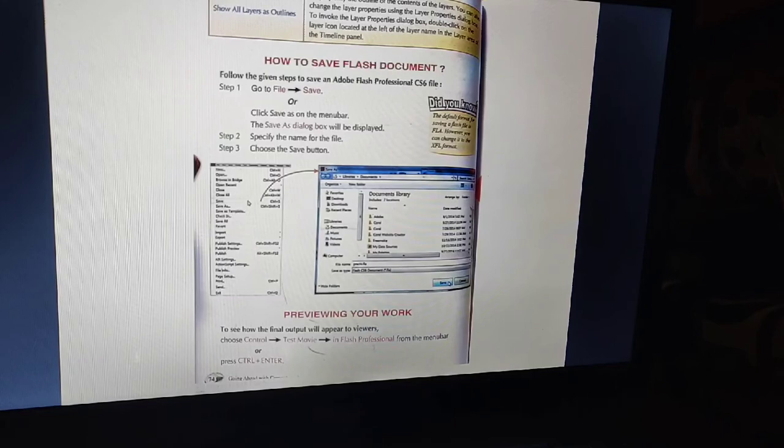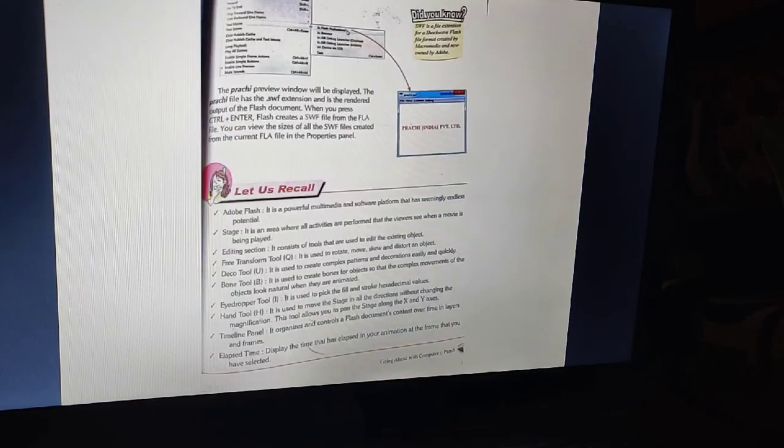Then previewing your work: if you want to preview your work, choose the Control option, then Test Movie in Flash Professional from the menu bar, or simply press Ctrl and Enter on your keyboard. The preview window will be displayed.